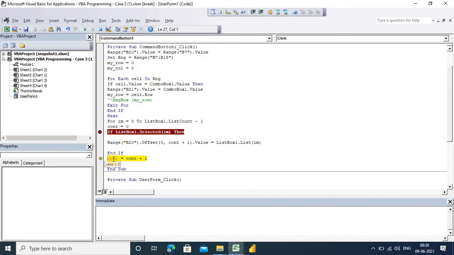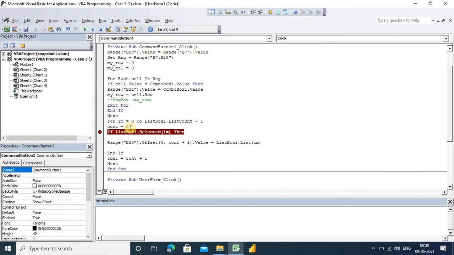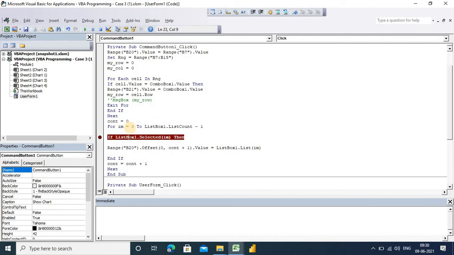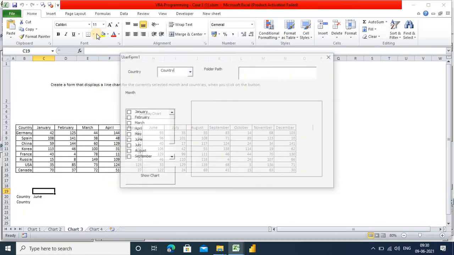Now here you can see count, it's still showing 0. Why is it showing 0? Because it is again replacing the count with 0. So we'll have to change this. Okay, so we got the error because it is again resetting our count increment to the default 0. So we move it outside the loop, so it will not be replaced when the loop runs. Now this time this should work.